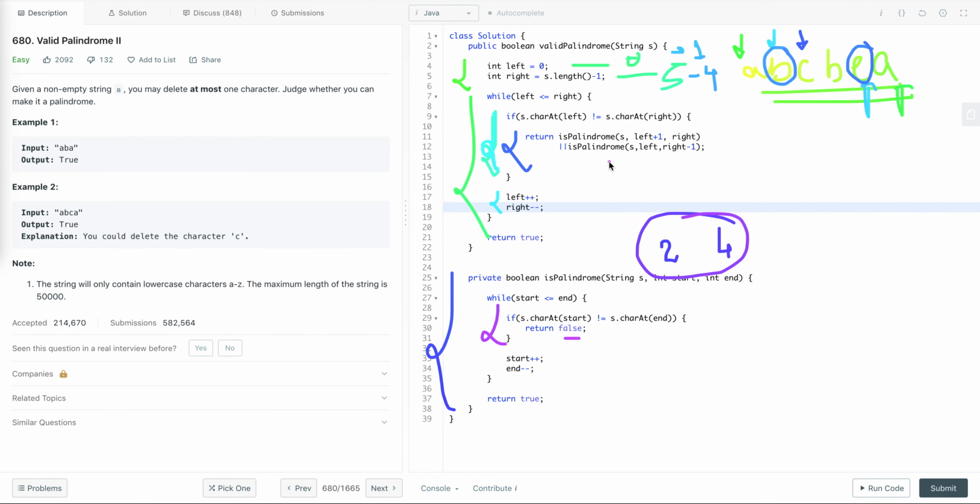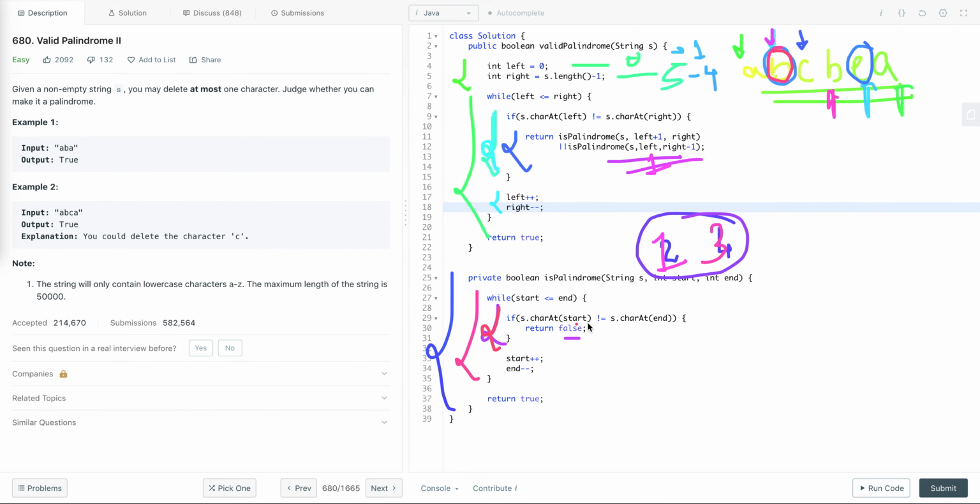Now the second choice we have is we keep the left pointer as it is. So the value of the left pointer is 1 and we pass the right pointer, we pass 3. Now we run this loop while the value of start is less than or equal to end, and we check whether the character present at this index is B and the character present at this index is B. So whether the character present at the left pointer is not equal to the character present at the right pointer.